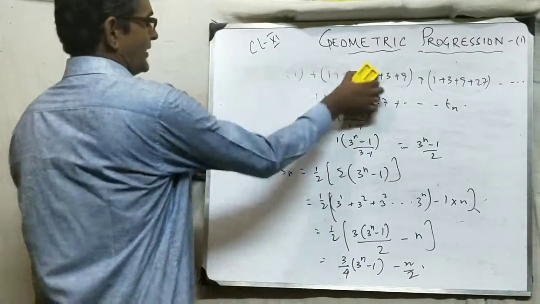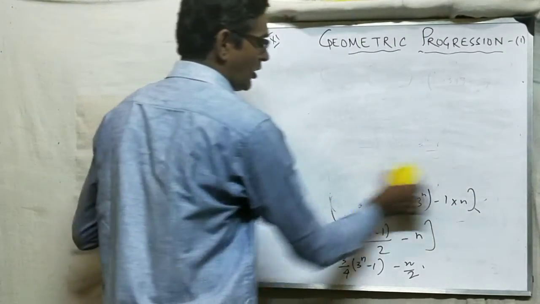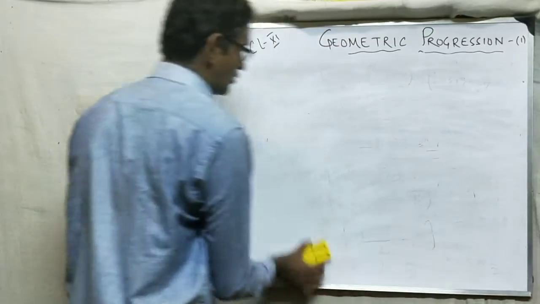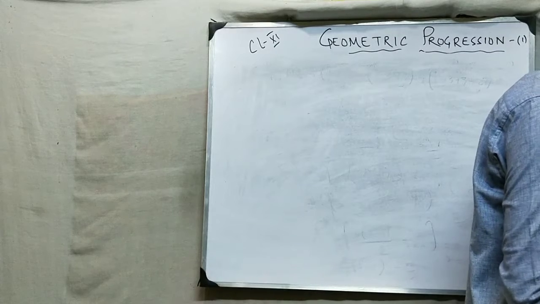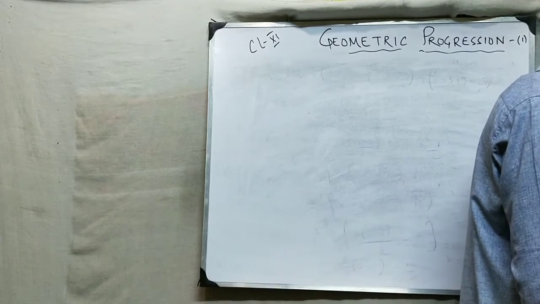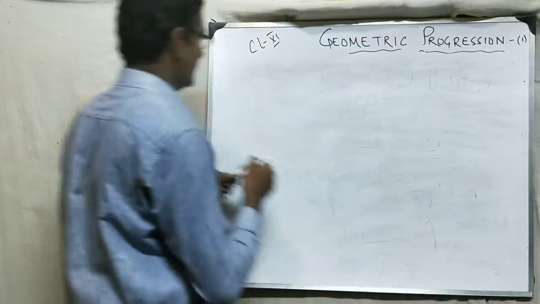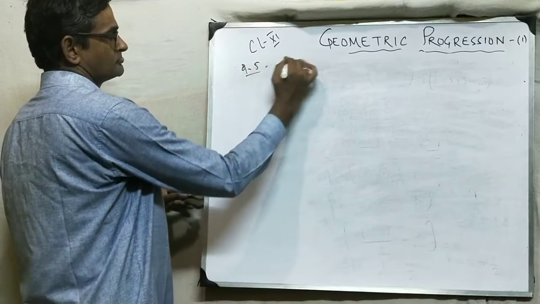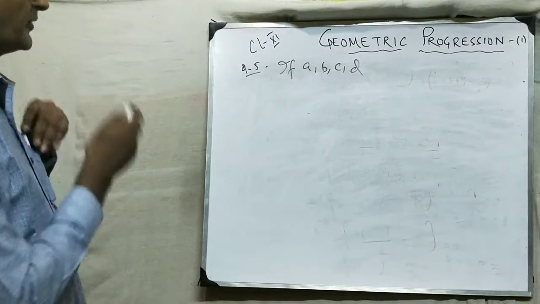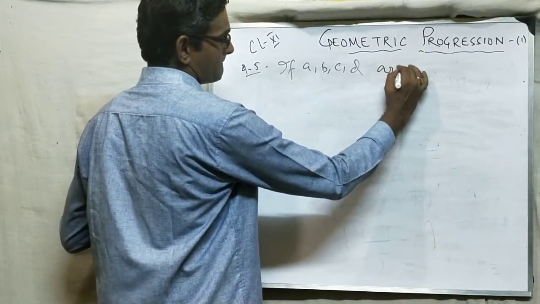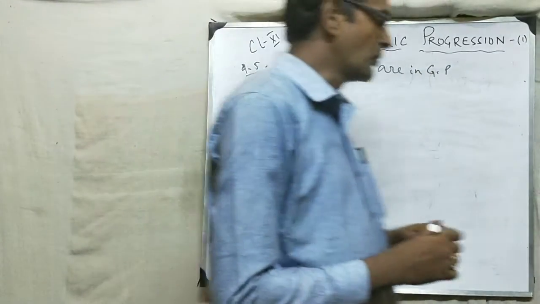Acha. And now we are moving to the last sum of this video, question number 5. So I am doing all types of sums, and you please practice more and more sums from your textbook. Question number 5. It is said that if a, b, c, d are in GP,